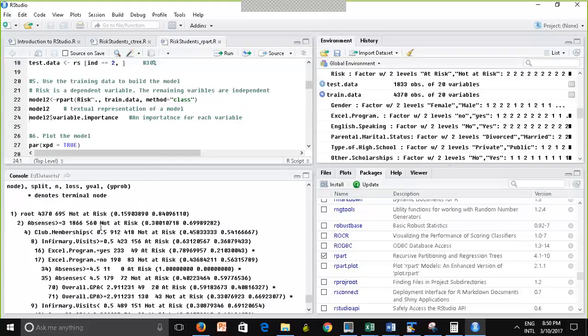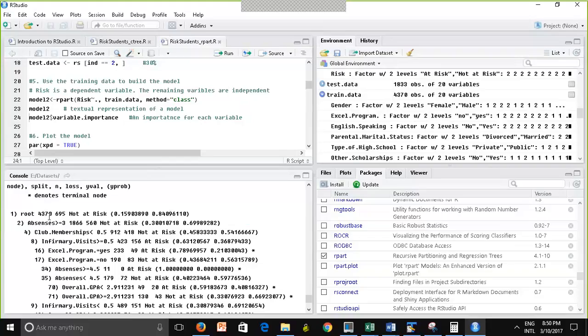So now here we are splitting again. I'm sorry, I'm bad. This is at risk, okay? 695 students are at risk because we have not at risk. We have more students not at risk than students at risk. So my bad, okay? So here it's showing you the percentages. I realize it's a little bit confusing, so